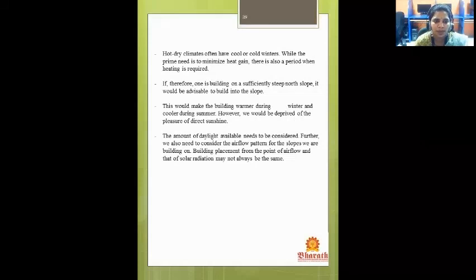This would make a building warmer during winter and cooler during summer. However, we would be deprived of direct sunshine. The amount of daylight available needs to be considered. Further, we also need to consider the airflow pattern for the slopes we are building on. Building placement from the point of view of airflow and that of solar radiation may not always be the same.